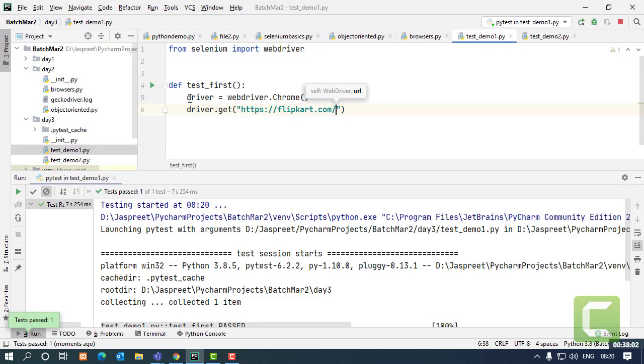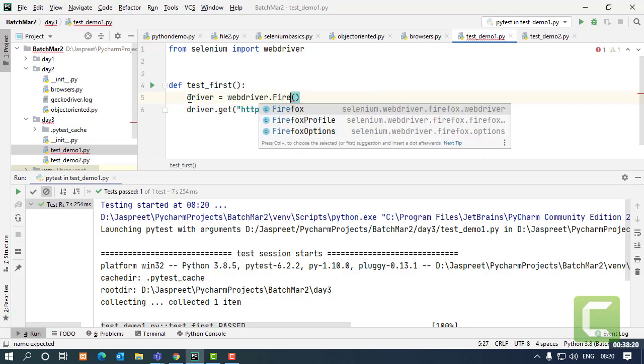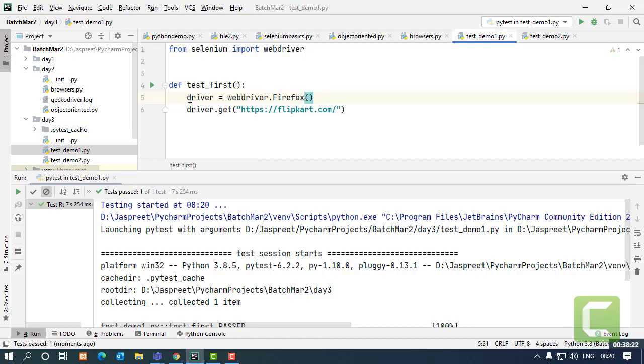Since Chrome has an additional facility that once the execution is successfully completed, it closes the browser itself, sometimes the output is way too quick that one cannot look at it. So that's why, let's say I will go on the Firefox browser so that you can see easily that I have been navigating to the URL on every browser that I have been specifying.